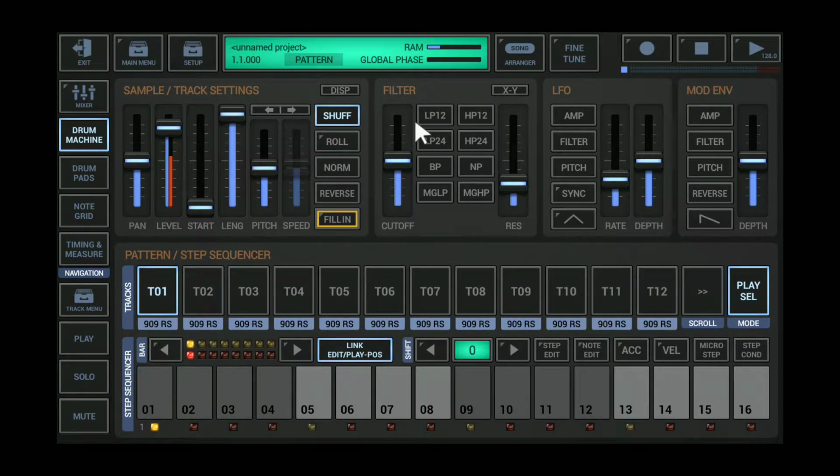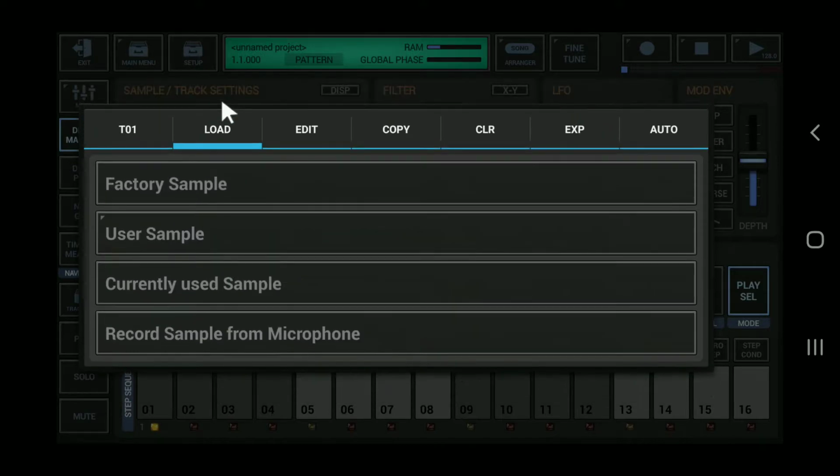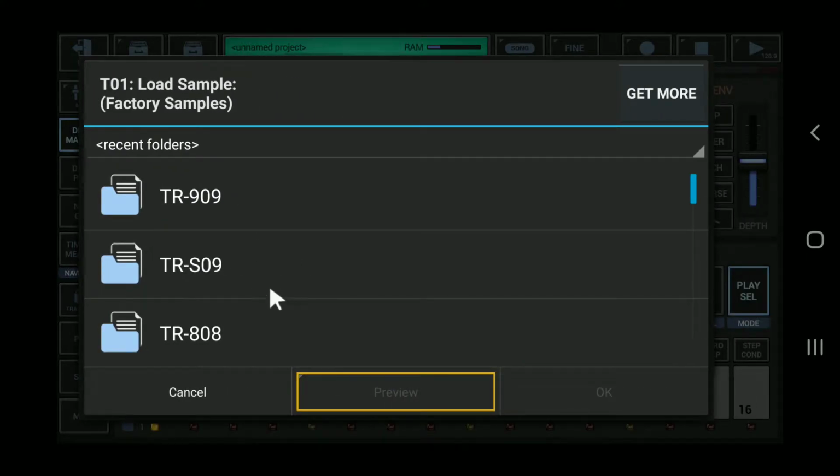This is G-Stomper producer. Friends, any song we make has a keynote and we make our song by tracks, and those tracks we make by samples, and our samples must be tuned on that keynote. So friends, let's start today's video and tune our samples. So first load the sample and